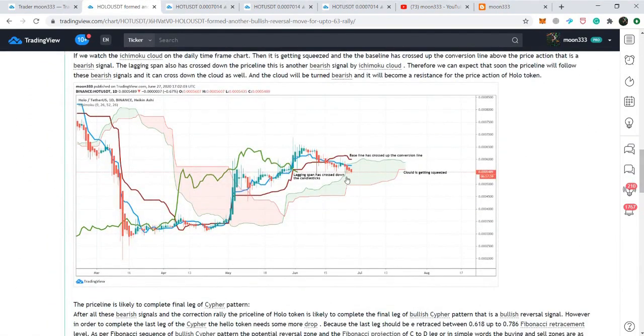At that time, the Ichimoku cloud was here within this cloud, and it was moving down. We received a bear cross between the baseline and this conversion line as well. That was an ideal move by the baseline and the conversion line to produce a bearish rally. And this lagging span also moved down from this price action and crossed down this price line or candlesticks. That was another bearish signal, and this cloud was getting squeezed, so there were chances that the price action will break down this cloud. But if we move to the live chart,